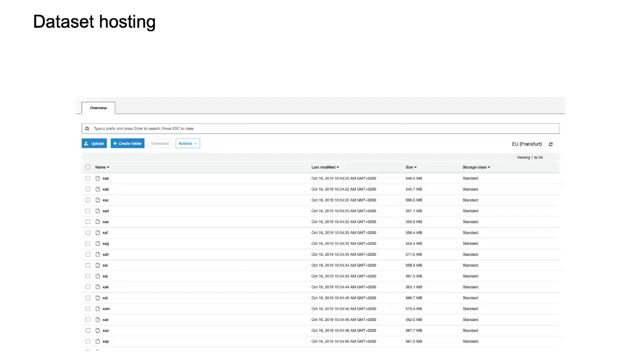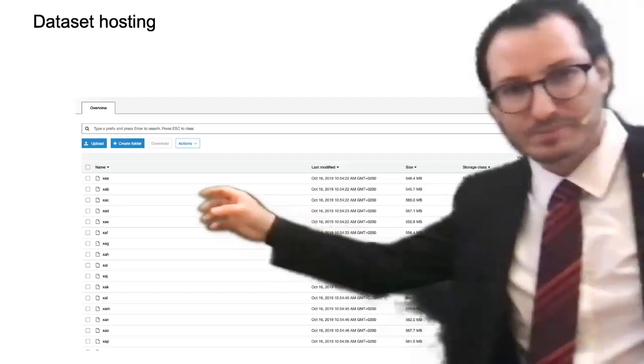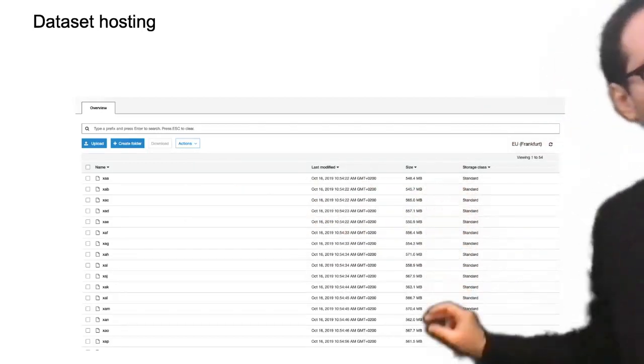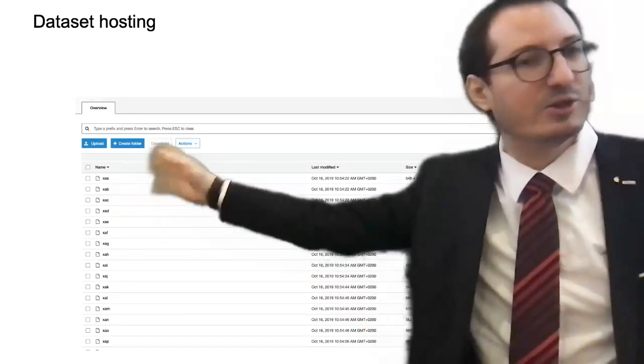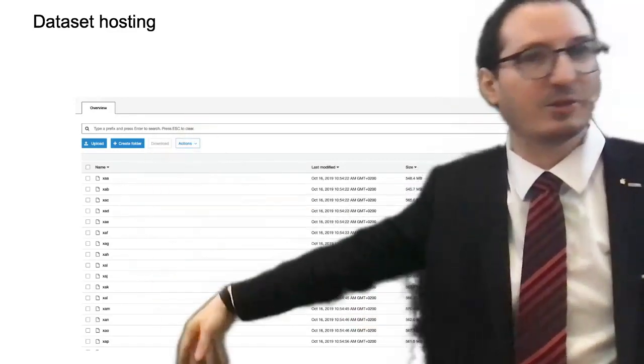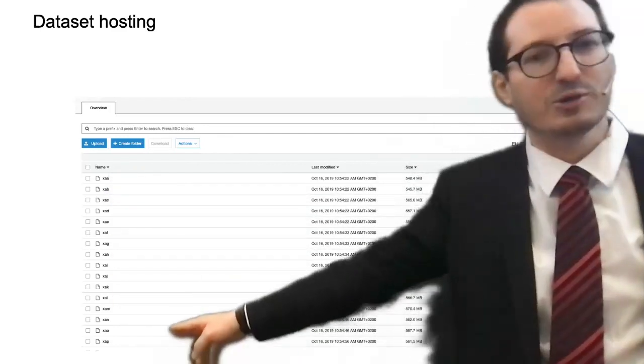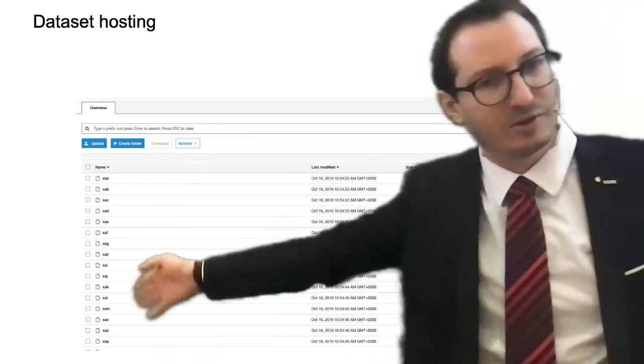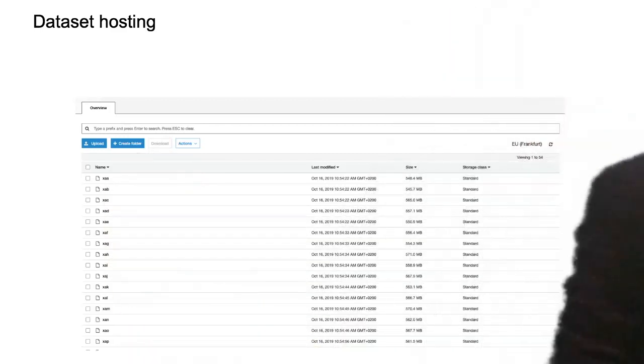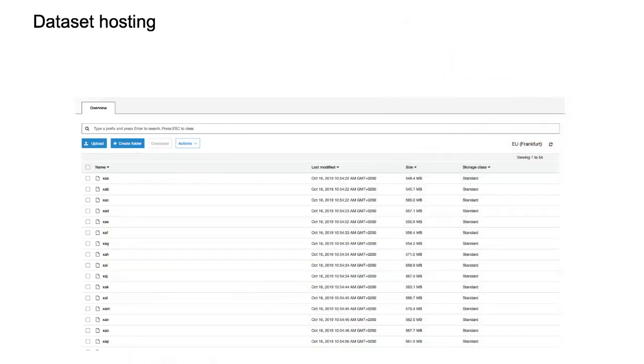And in fact, for data sets, people commonly do this. If you look at this screen right here, you will see that these are plenty of objects on S3, and they are each 500 megabytes, right? And it doesn't matter how they are called. It can be incremental integers. This is the reason it's called like that. I think I used the command line that automatically splits the lines over multiple files, and it uses these incremental letters. But what you see here is that we have multiple objects that each have 500 megabytes.